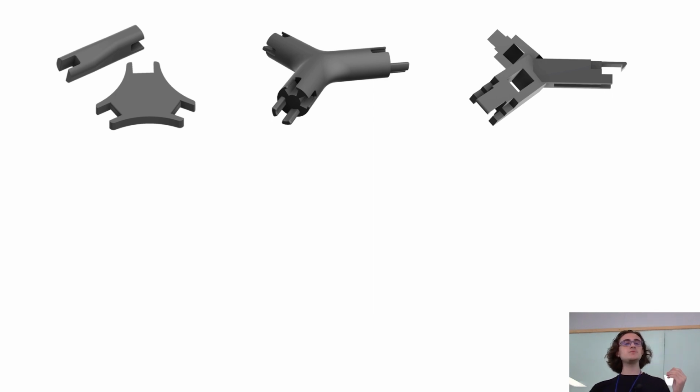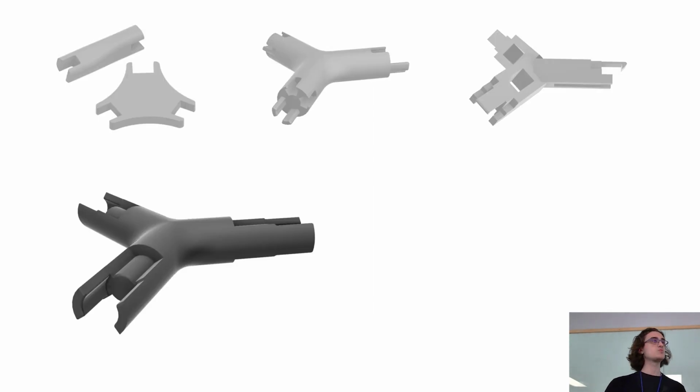But the key thing is that you need to design a joint that when you put two pieces together, they join symmetrically to each other and enforce the angle properly. So after a couple tests, I came up with this design, which had good tolerances so that I could fit the pieces together like a building toy.